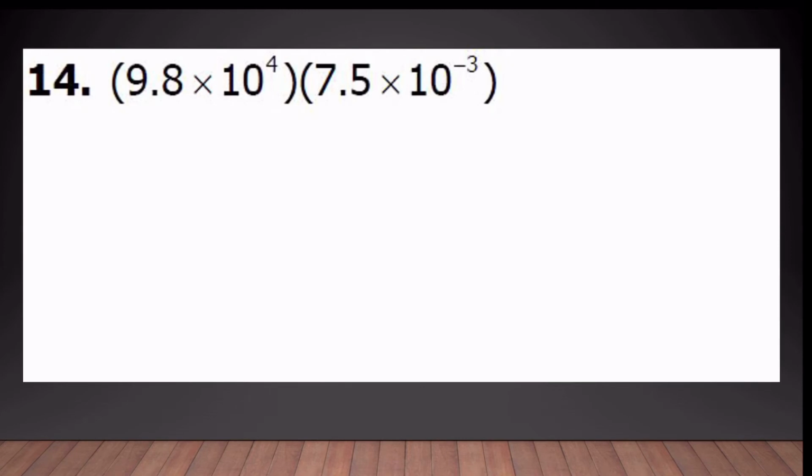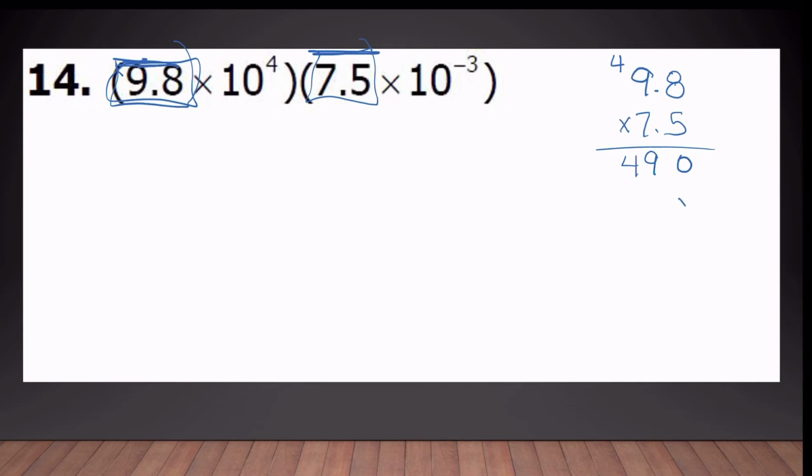So let's look at this one. Now, I have 9.8. Everyone see this? And I have 7.5. While you could take out a calculator, you can also go to the side and multiply. Because this could be on a non-calculator day. So 8 times 5 is 40, carry the 4. 9 times 5 is 45, plus 4 is 49. I need to skip a spot because I'm moving over a place value. Okay,